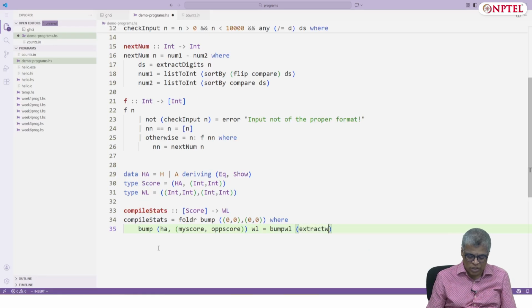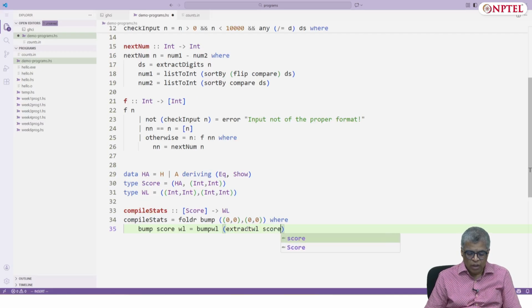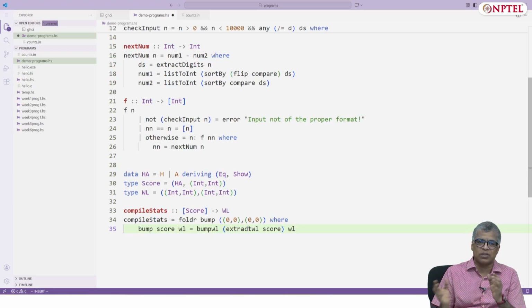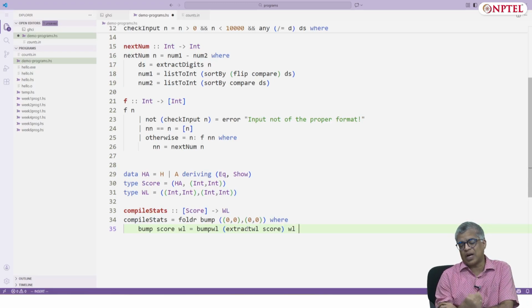Extract win loss status from the score. So I have a score, I have a win loss record currently. I should extract the win loss from the score, and then bump the win loss statistics by the extracted win loss from the score. So now this whole point is about bump WL and extract WL.